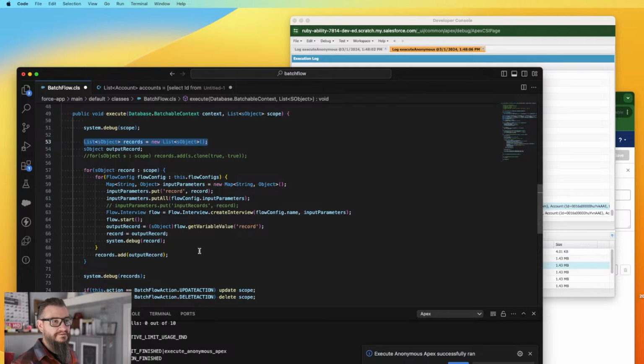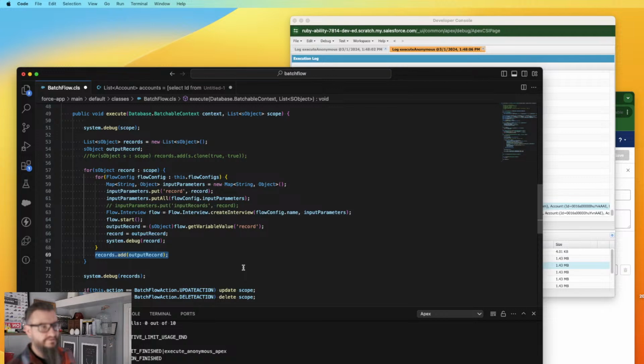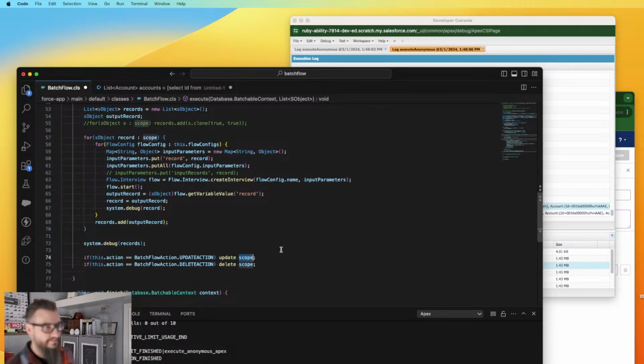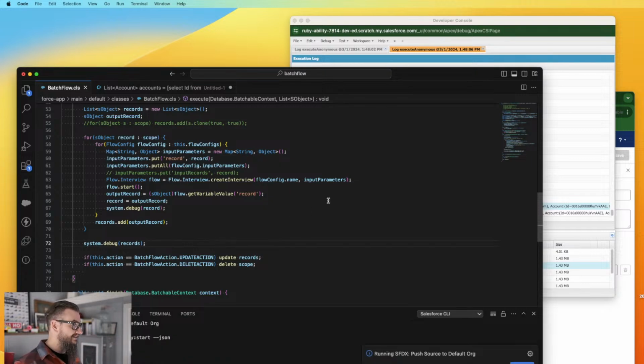Populate your own output here. I think this is necessary because it needs to pass it into the next iteration, but we can't rely on that value for some reason. So we'll keep building output record, and then we'll drop that into records, and then we can update records. And I don't think we're going to delete records. I think we're going to delete scope. So finally,